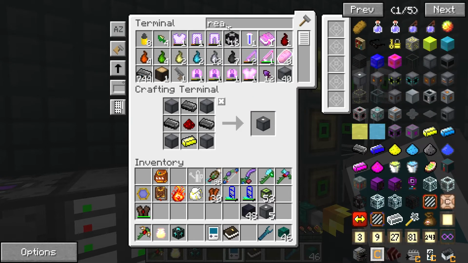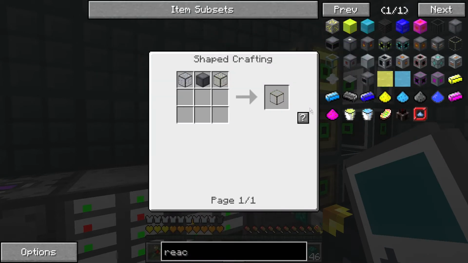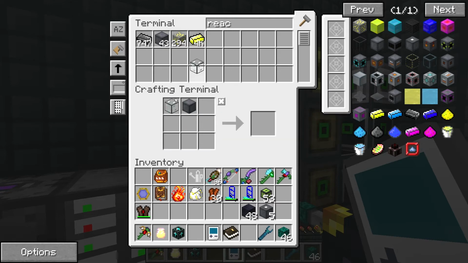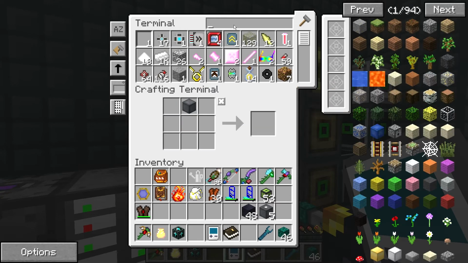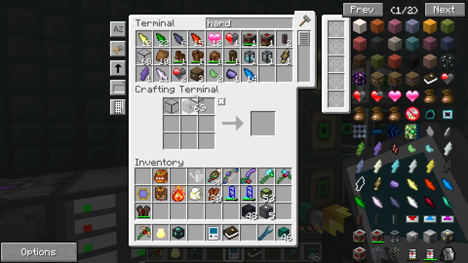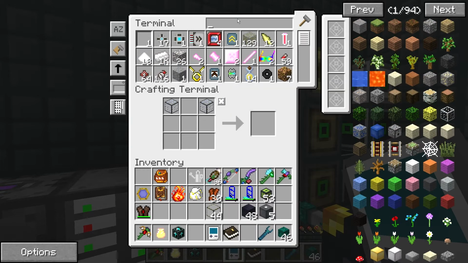And let's see what we have for reactor glass. We don't want to use fused quartz. That's kind of expensive for us. We want to use this hardened. It's a little bit less expensive for us. Can we make 44? We only need... are we short on reactor casings, really? Is that what...